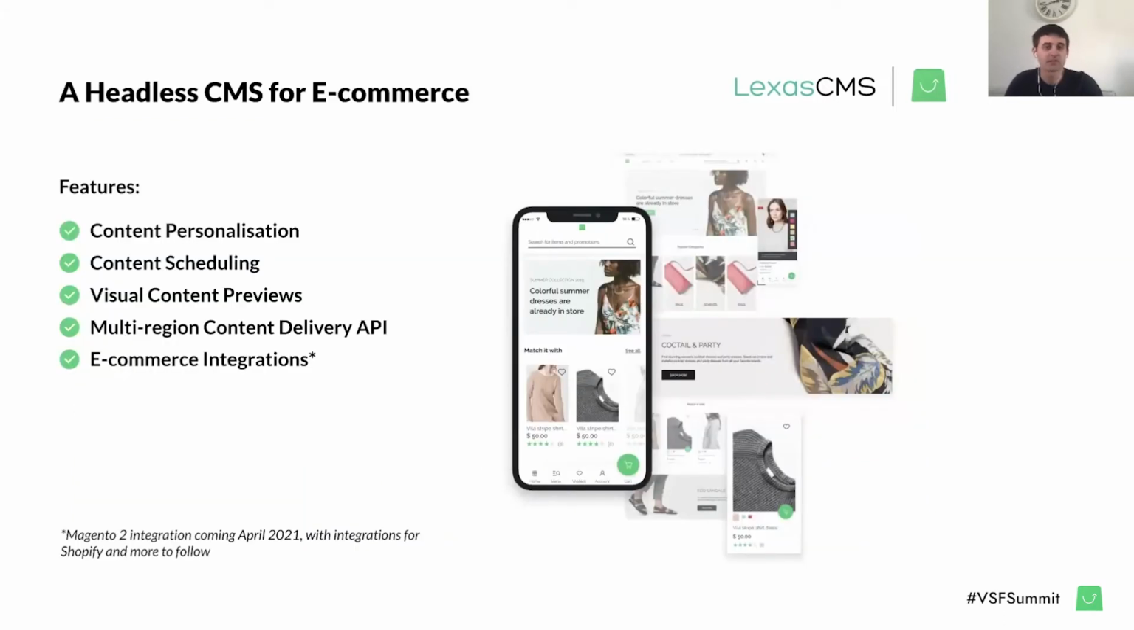As I've already mentioned, LexasCMS is primarily focused on e-commerce, but that isn't to say that you can't use it on other projects at all, since it does still offer all of the standard features that you would expect from a headless CMS. When we say e-commerce focused, all we mean is that in addition to that standard functionality, LexasCMS also offers features which are geared towards solving problems commonly faced by e-commerce businesses. In the next few slides, I'm going to briefly go through some of these features, and I'm going to start